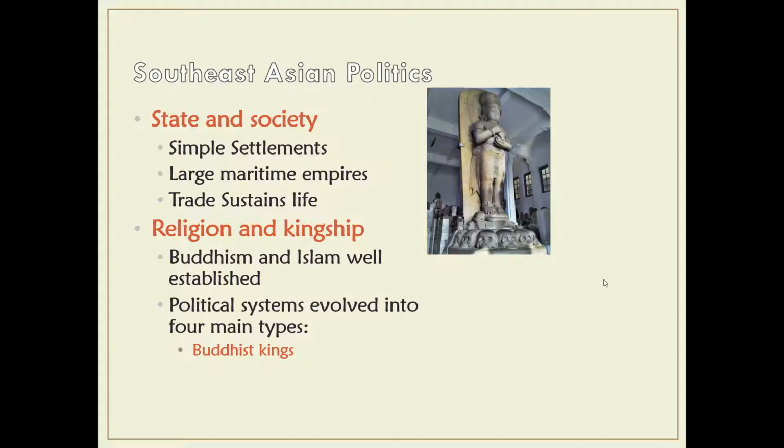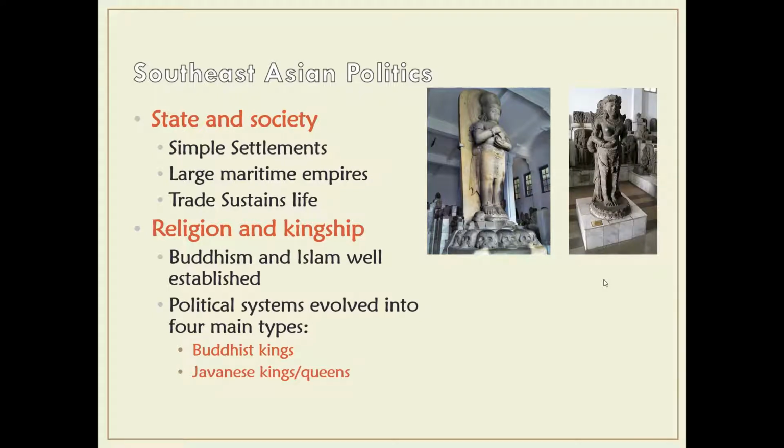So it becomes much more formalized than Buddhism is normally thought of. You have empires of kings and queens in maritime Southeast Asia, especially around Java, where it didn't matter if you were male or female. The firstborn child of a king or queen would be the heir. So there was a line that could go through women as well as men.